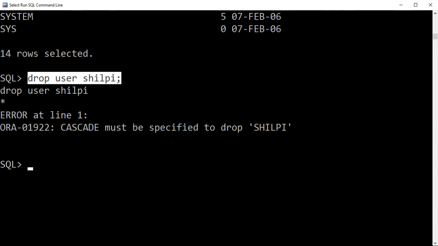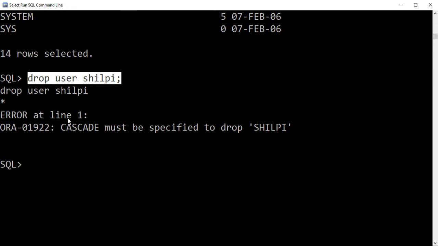After we have created any schema object, like the table named temp in this user's database, we will not be able to drop this user until we delete or drop the schema objects.